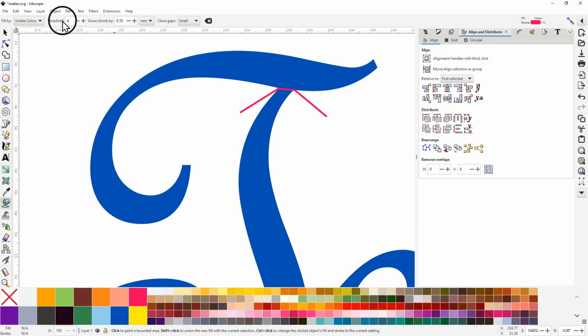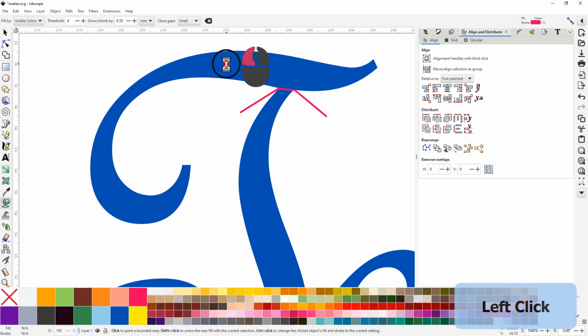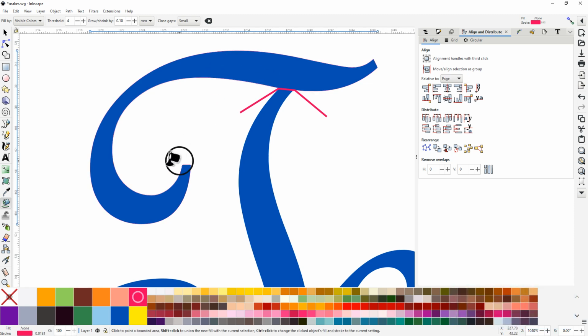Here I have a threshold. This can be important depending on the quality of your image in the background. And here I have a setting, grow and shrink by that number, sometimes is advantageous also. And then all I need to do is click here on the object, and you don't really see it right now, but I'll increase the width of the object,